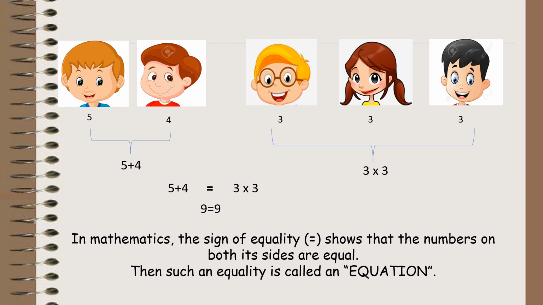So when such is the case, in mathematics, how can we compare it? In mathematics, the sign of equality, that is having equal scores, where we write the equal to sign, shows that the numbers on both the sides are equal. Such an equality is called an equation. So when you're playing, just keep this in mind in normal life as well. If both are scoring the same thing, you can relate it to the chapter equations that we are going to learn in depth in this video.